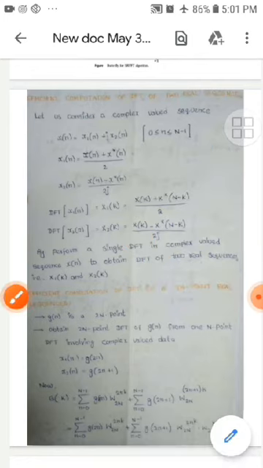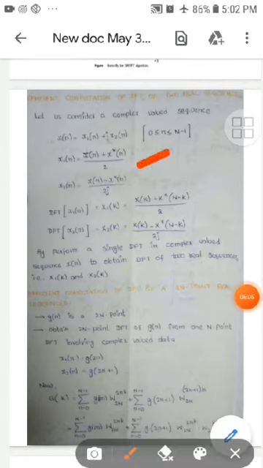And next, the DFT of the sequence is X of k equals X1 of k plus j X2 of k, and the sequences x1 of n and x2 of n can be expressed in terms of x of n. x1 of n can be expressed as x of n plus x star of n by 2, and x2 of n can be expressed as x of n minus x star of n by 2j. Hence the DFT of x1 of n and x2 of n are capital X1 of k equals x of k.